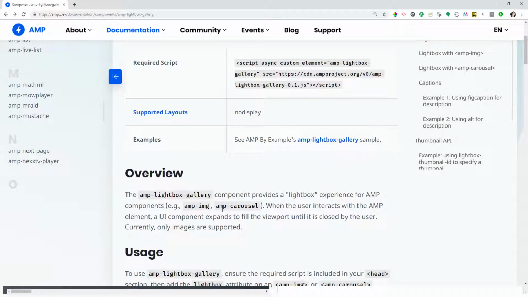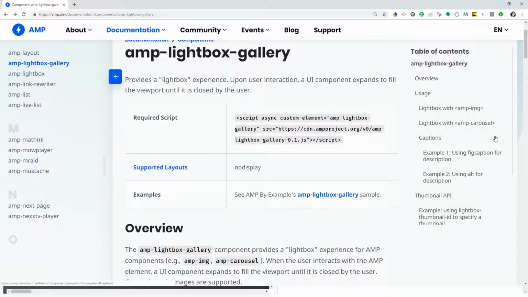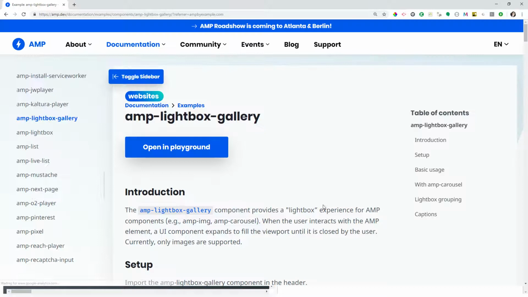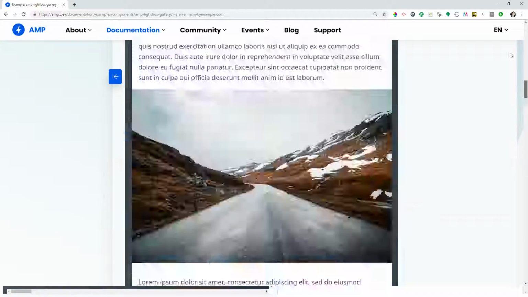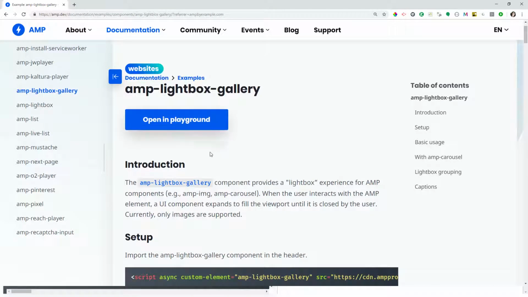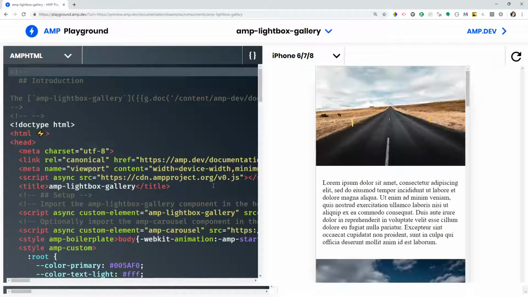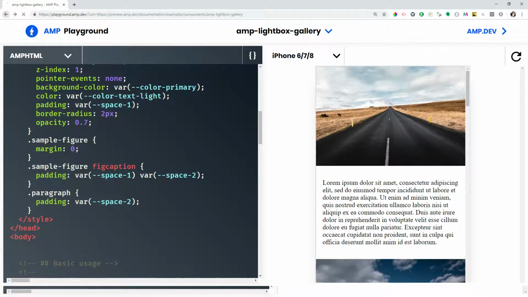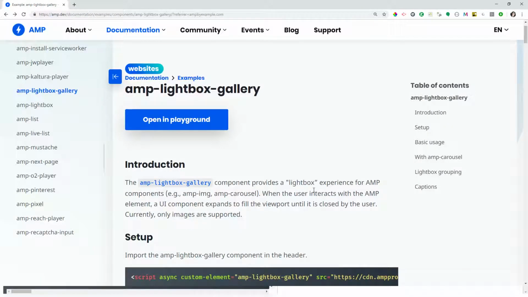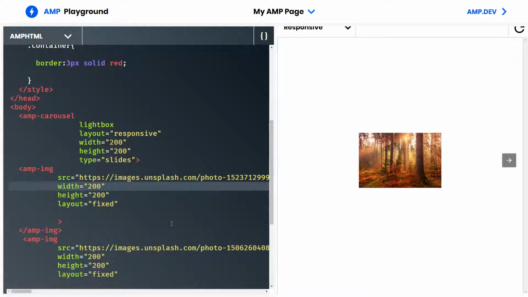So you're going to have to read it through, and then you have examples, where if you click on it, this is AMP by Example, and they show you a lot of examples, which is good. And then you can also open it in Playground, which is something I really like, where you can edit the code on the left to be shown on the right, and that's really cool. So that's basically it. It's much easier than using jQuery libraries like we're so used to.